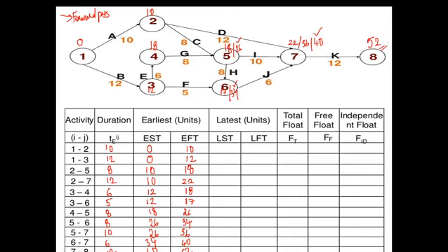So this was the filling of EST, earliest start time, and earliest finish time. Now let us see the filling of the activities' latest start time and latest finish time. What is the latest start time over here? We need to come from the backward pass calculation. We call it the backward pass calculation. We need to go from here, which is nothing but the backward pass.